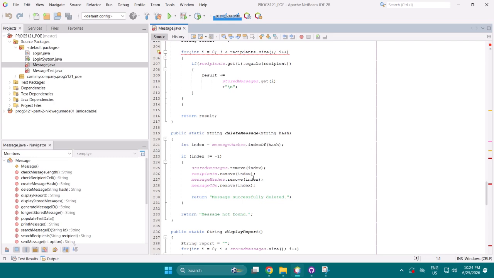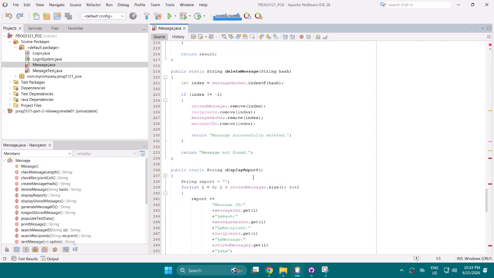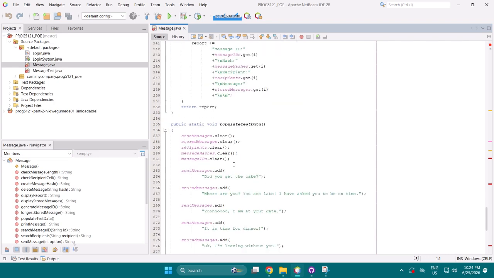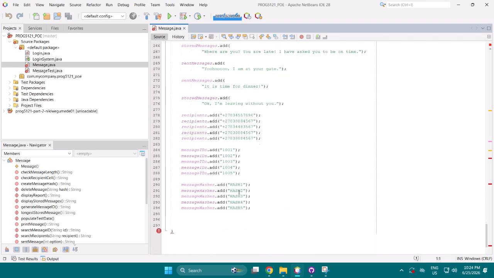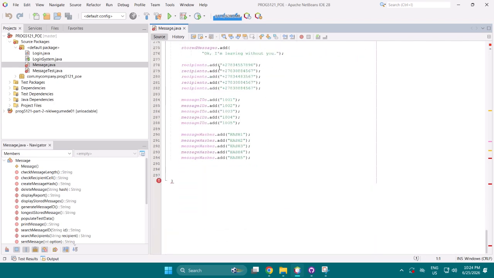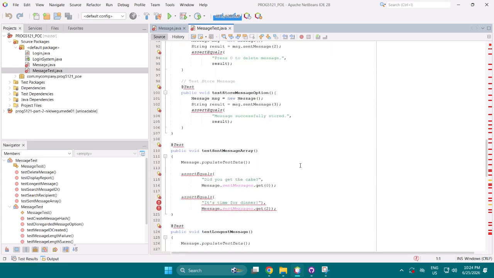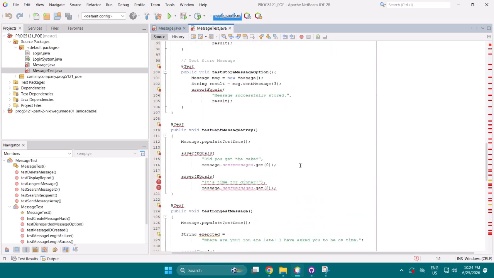I also implemented this method here, display report, and the populate test data. Yeah, and then if we go to the end, I added